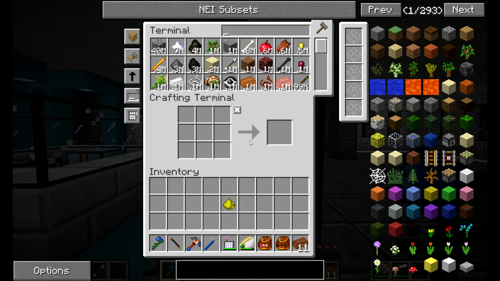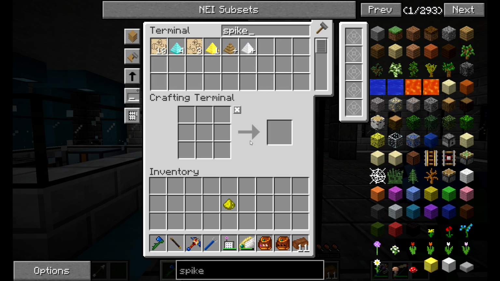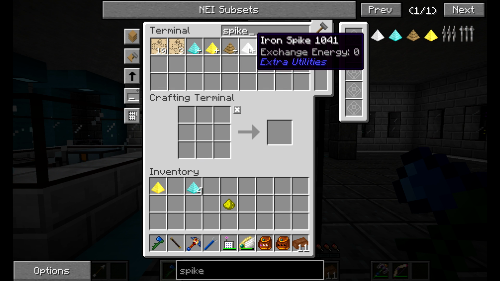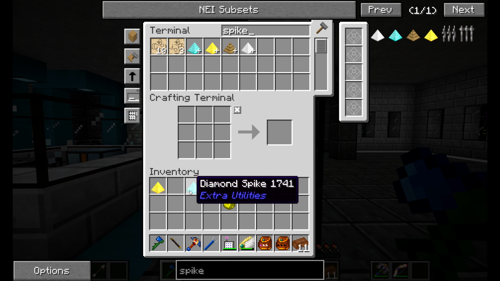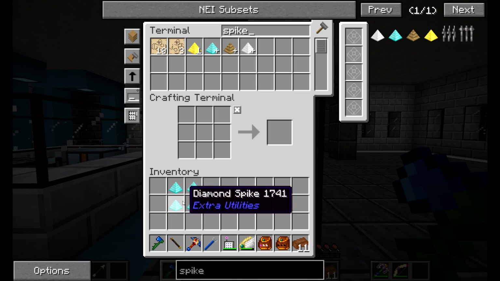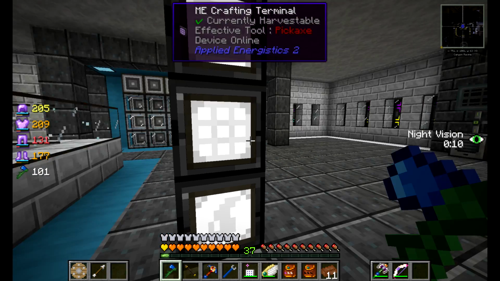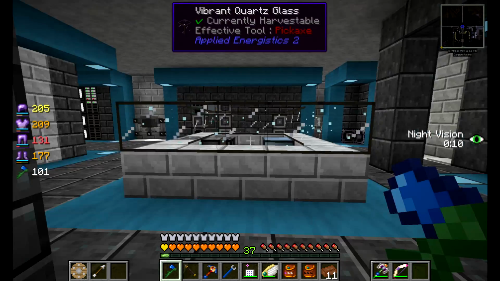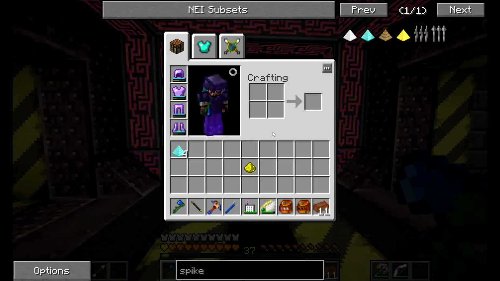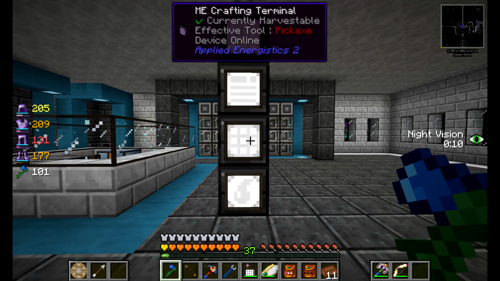Also, what I did, I added all the spikes. So now we have diamonds, we have gold, wood, and iron. For this, we are going to use the diamond spikes. They are the ones that give the unique player kills if we kill the mobs with them, which is what we're gonna need. Also, what I've been doing in between cutscenes,